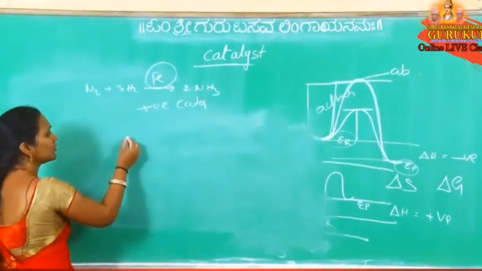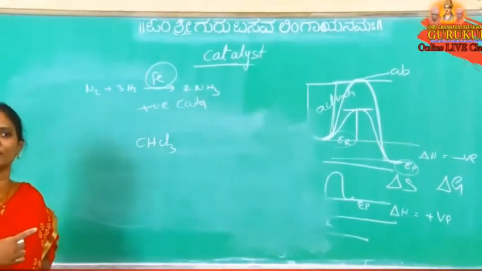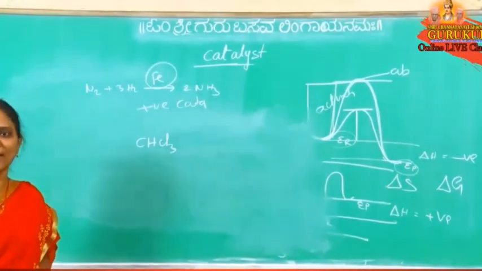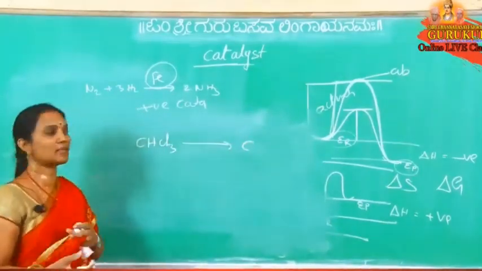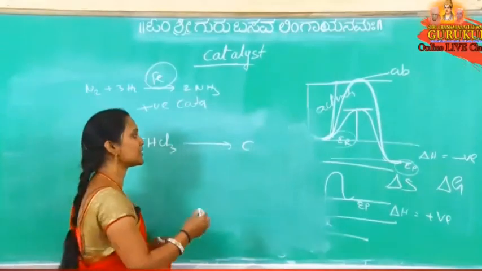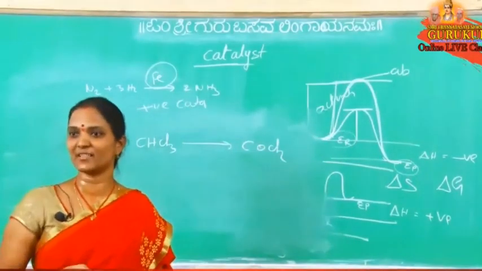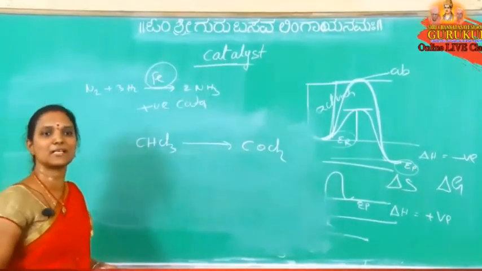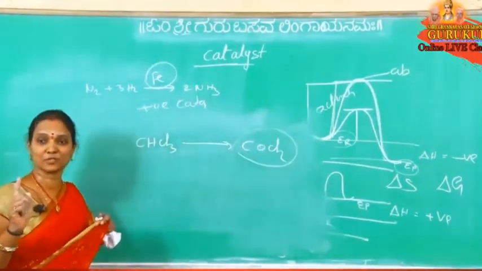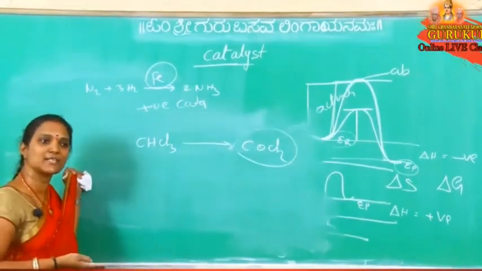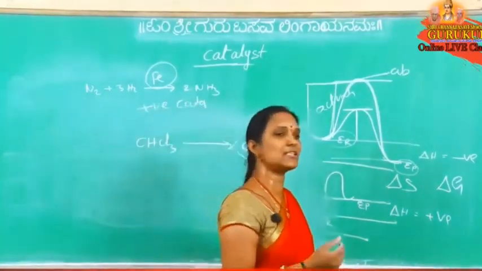Okay, like that, to prevent the decomposition of chloroform, CHCl3. This is also well known. Chloroform is used as an anesthetic agent. This chloroform decomposes easily when exposed to air. When exposed to air, it decomposes to COCl2. What is the name of this one? Phosgene. CHCl3 is the chloroform, COCl2 is the phosgene. Phosgene is a poisonous compound. So when exposed to air, this anesthetic agent changes to a poisonous compound.